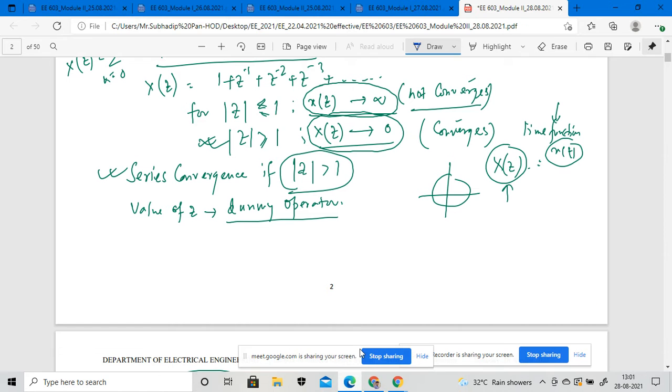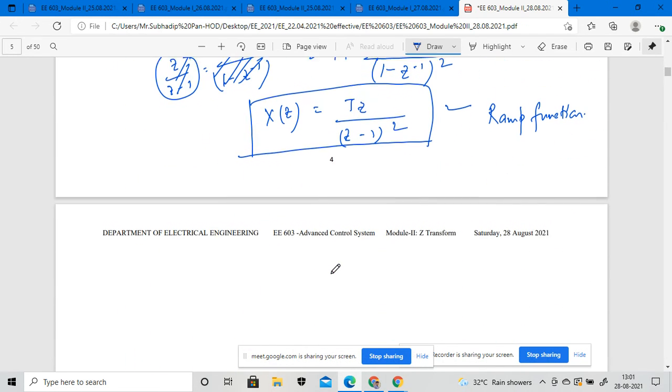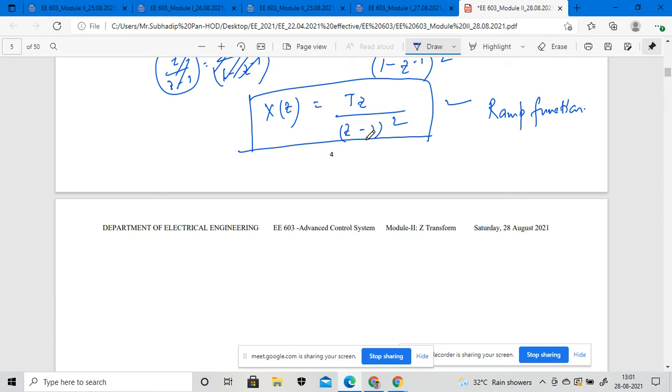Okay, so yes, it will be my consideration of a ramp function, right? So we can say that the function considered for the ramp function should be considered with a sampling period T, because T will be considered as the sampling period. Okay, the values of T will be nothing but my sampling period.